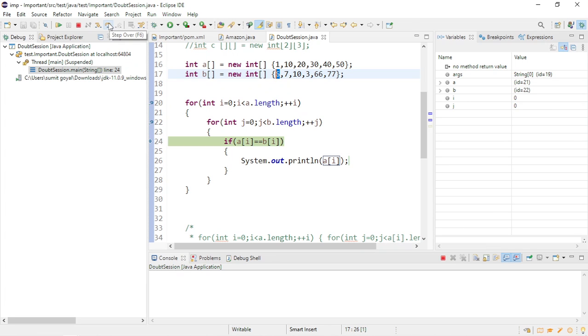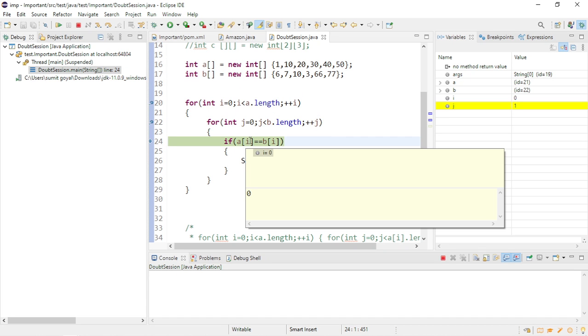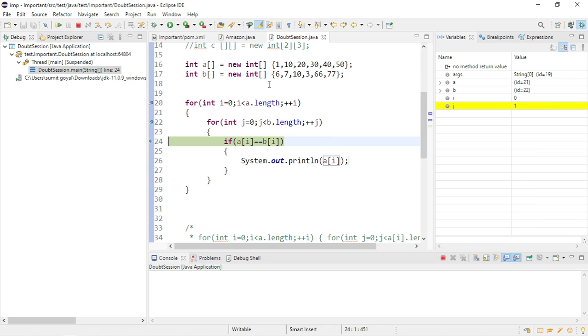So now we will go one step up. The j value will increment by 1. So if I say a of 0 equals b of 1, now I am comparing whether this one is equal to this one or not. Condition false. Now again for the third time, is this one and this one equal? No, again false. So we will again go. Now after that, are these equal? No, condition false. Again go, and after that again the condition is false.